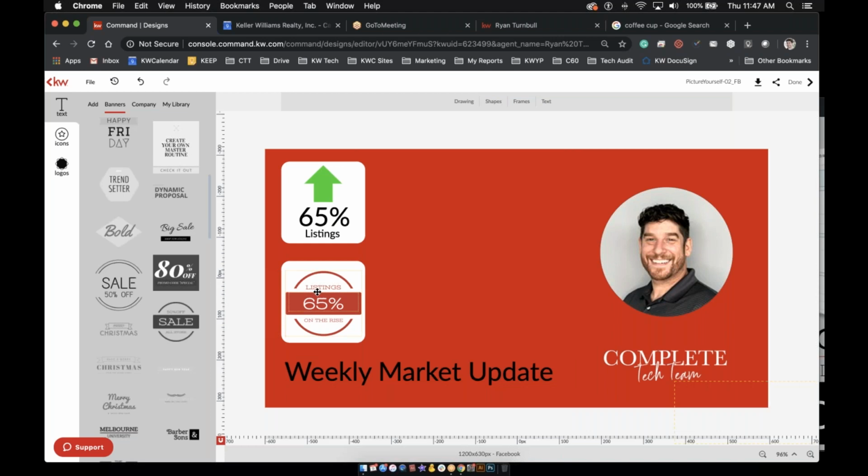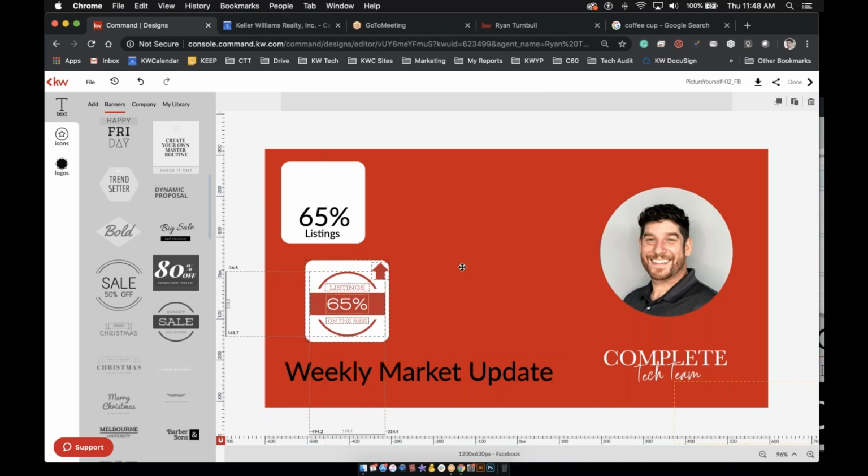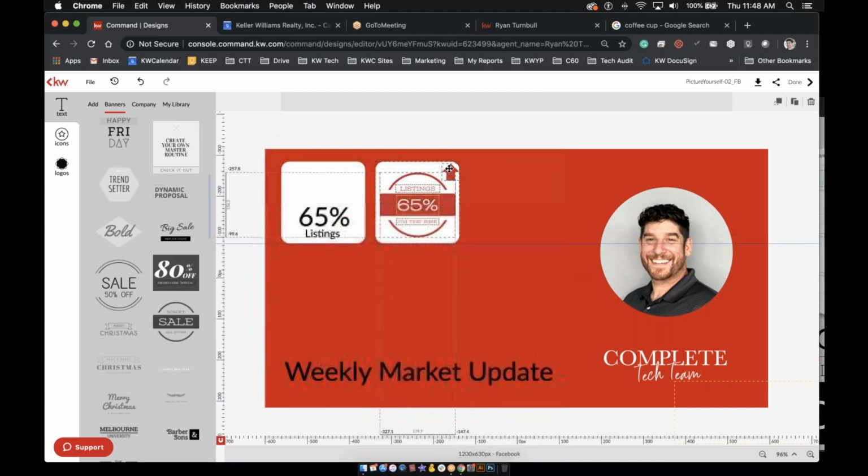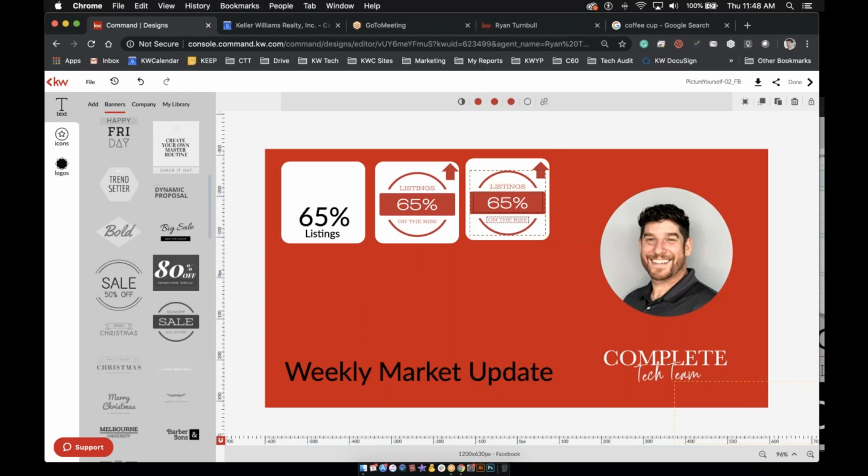So listing 65% on the rise, you could grab the arrow, put it in the corner if you wanted to. If you want to get really crazy with some little icons, change the color to the same red. If it was on the decline, you could put an arrow in the bottom corner dropping down. And so if I click Shift on that, and that, now I can move everything all around. I can duplicate it and then make this statistic about something else. So instead of listings, maybe it's days on market,